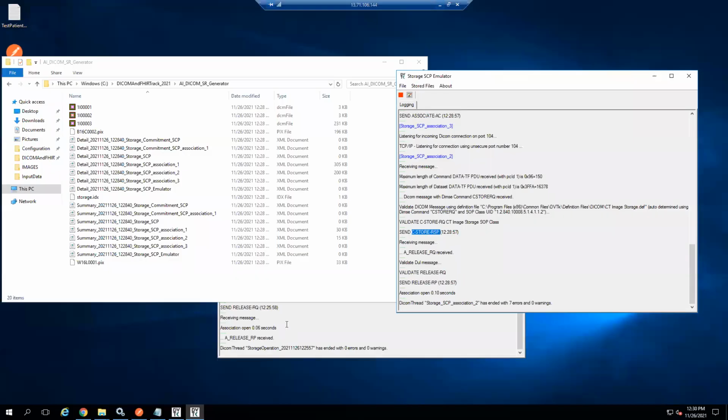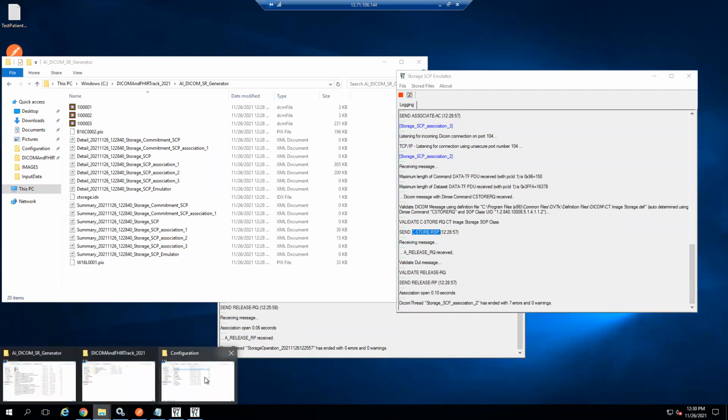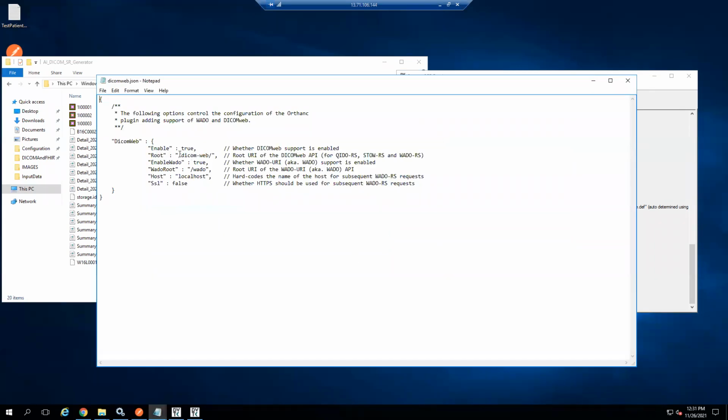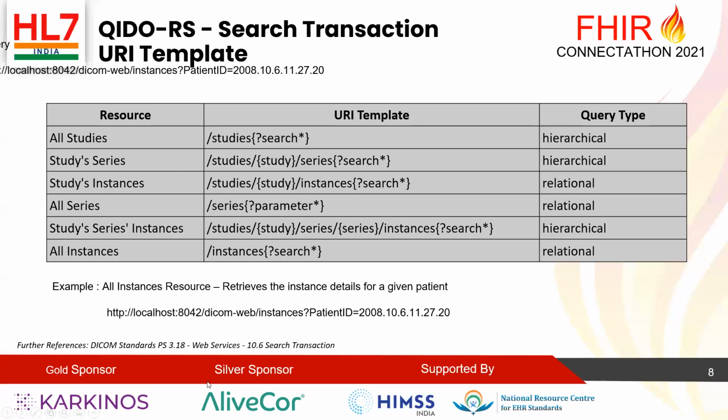If we go to the configuration file over here, I gave it as DICOM web. This is the base root. So I'm hitting that route on port 8042, which is running on the localhost.